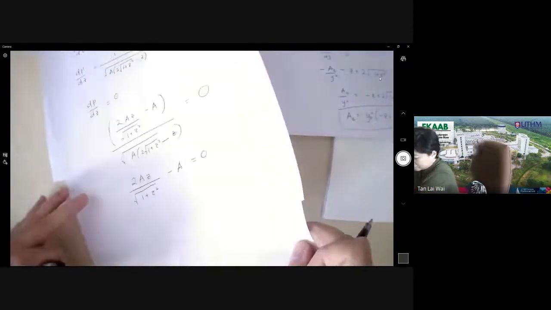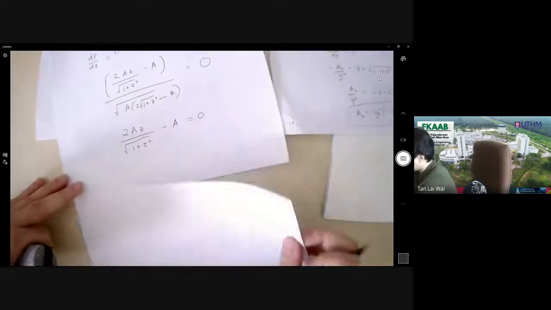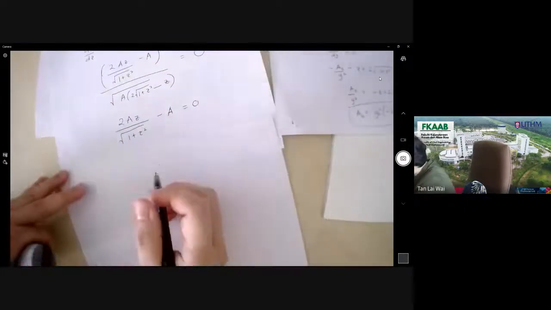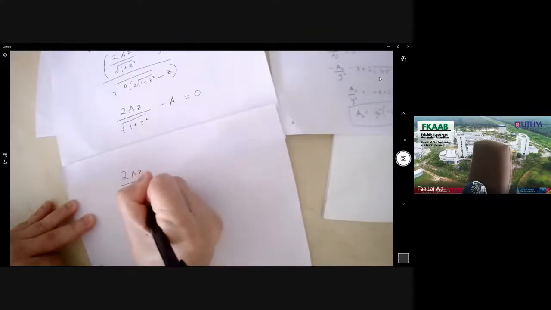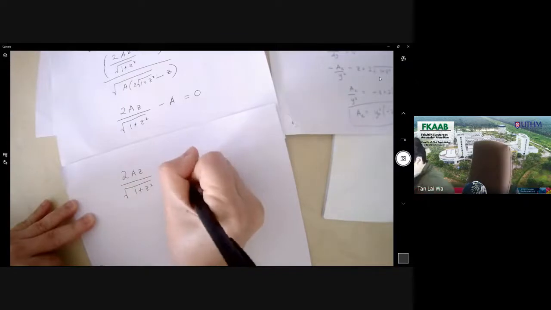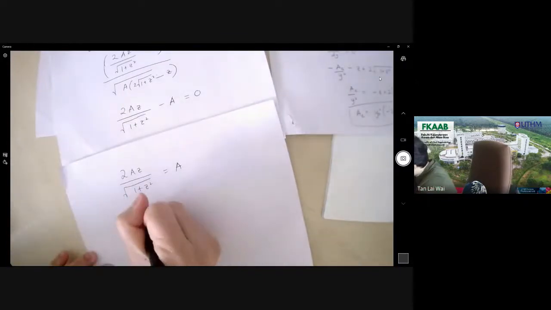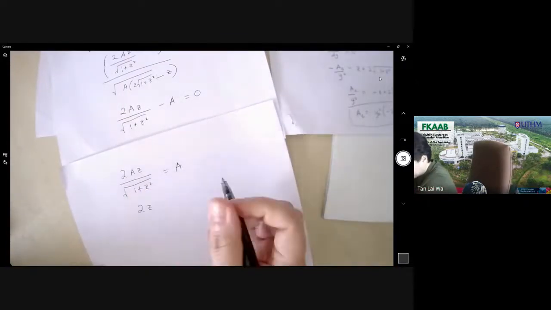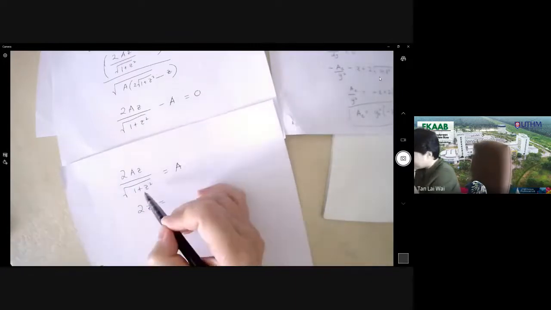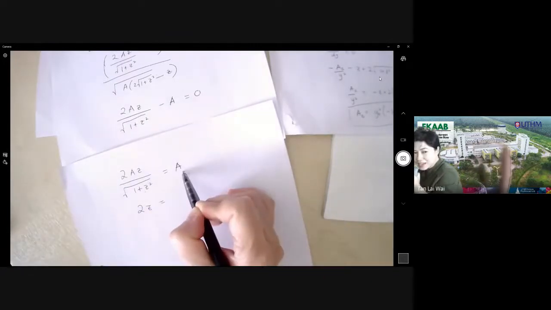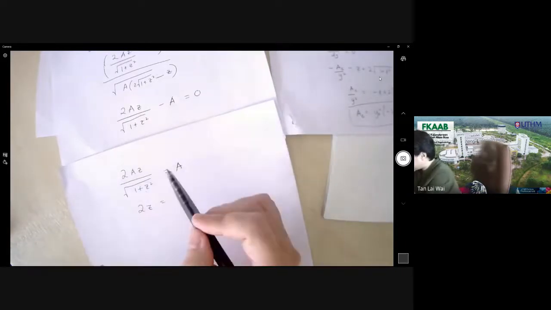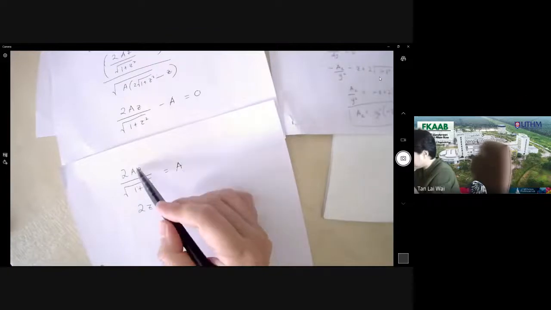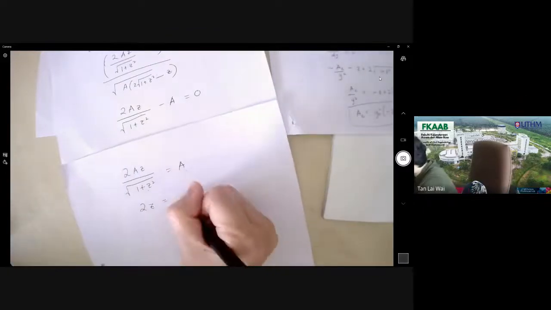So therefore, this one I bring to the other side. Basically it's 2az equals a times this, but I cancel both a already, so this will become